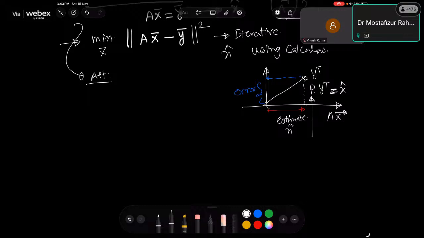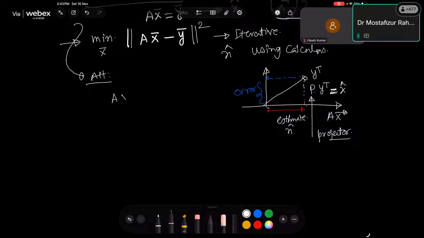I'll show how to design the projector, but I suggest all of you have a look at the lecture series by Gilbert Strang. It is amazing how to prepare reflector, projector, rotator, and all those things. It is a bit detailed, but you will be amazed how to design this stuff. So for now,